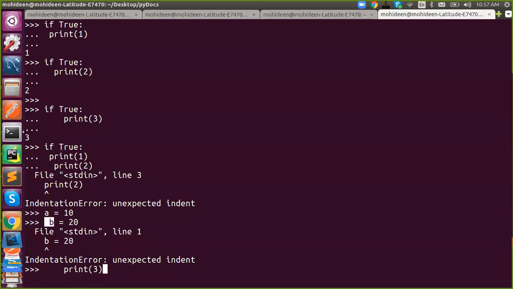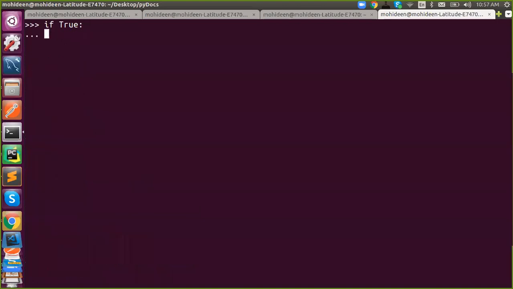Now, blocks of code are denoted by space. You need to keep an equal space, and now it won't be a problem. All the blocks of code should be at the same indent, so it should be even. When will it be terminated? Once you terminate the indent.